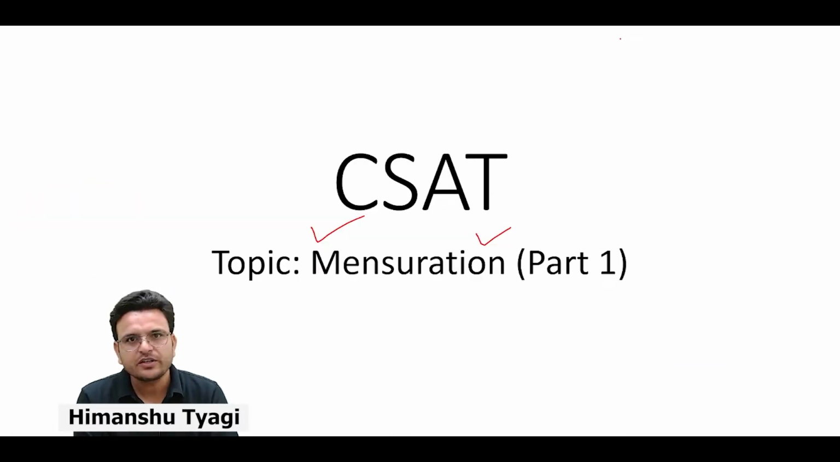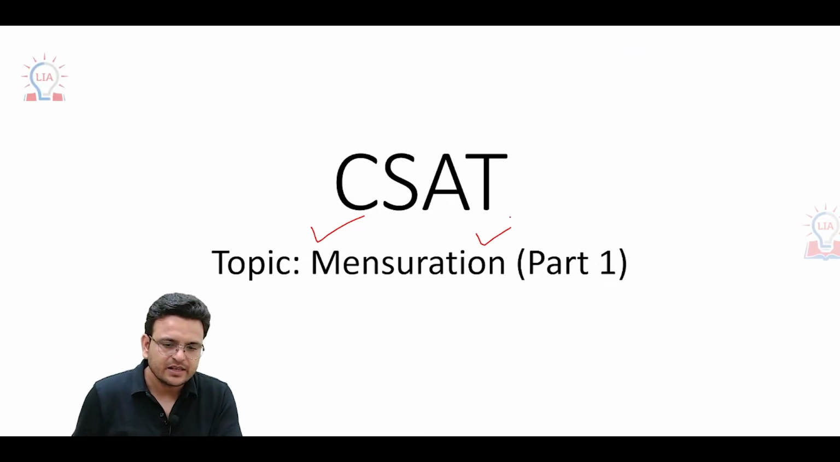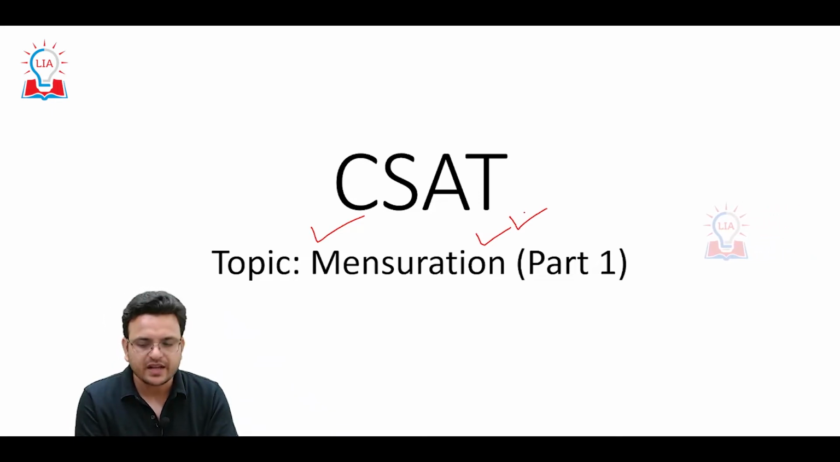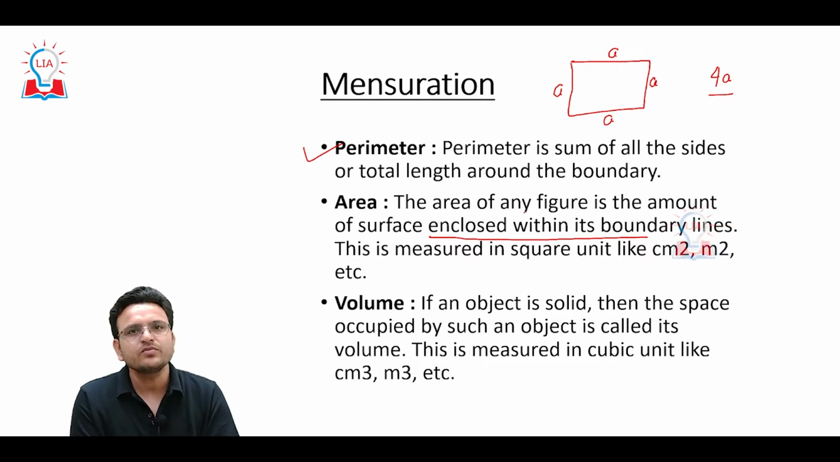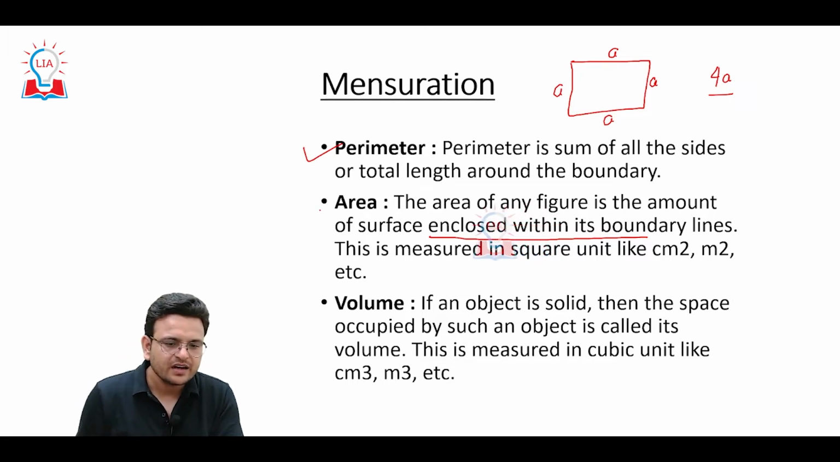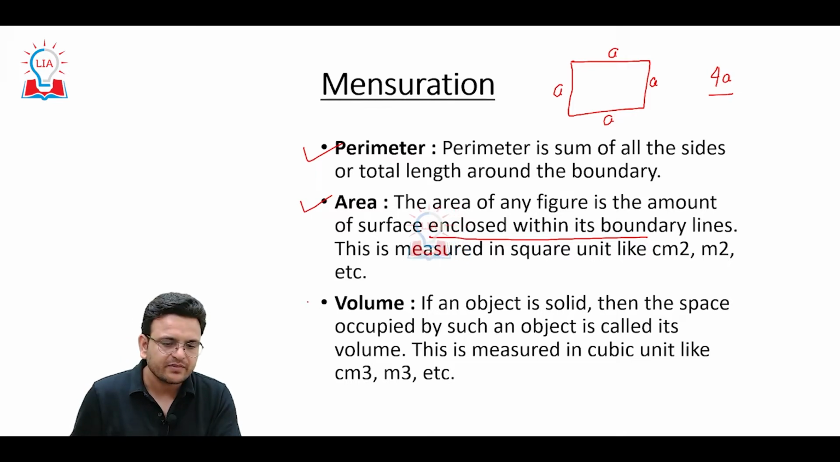Today I am going to discuss another important topic of CSAT, that is mensuration. From this topic you will get at least 2 to 3 questions in your exam. First of all we have to understand the basics of mensuration. In mensuration we have perimeter. Perimeter is nothing but adding the lengths of the sides of a particular body. Area is the region enclosed, and volume is applicable in 3D